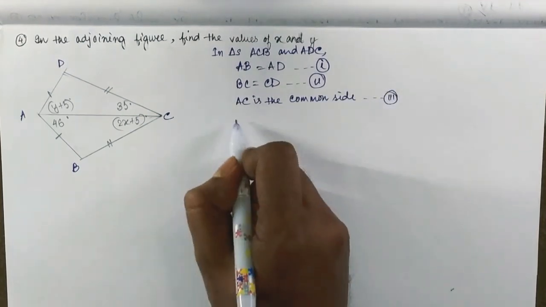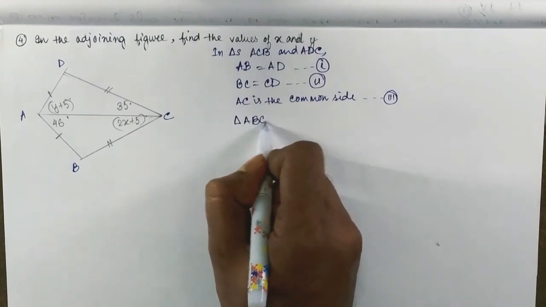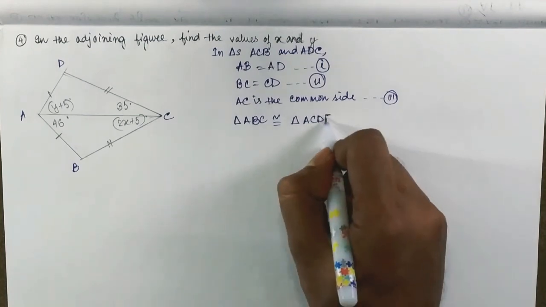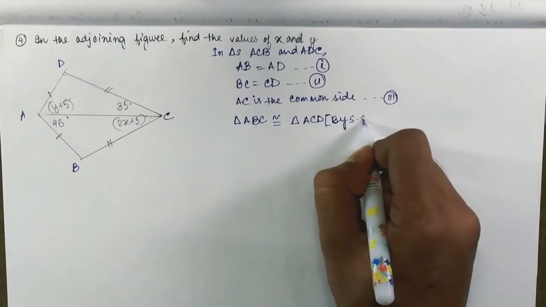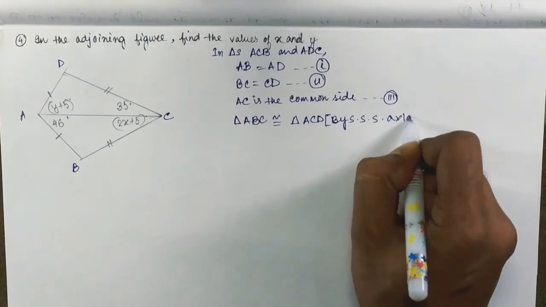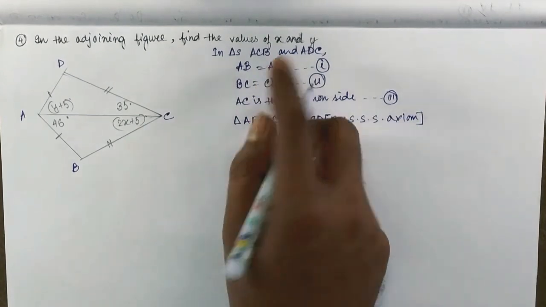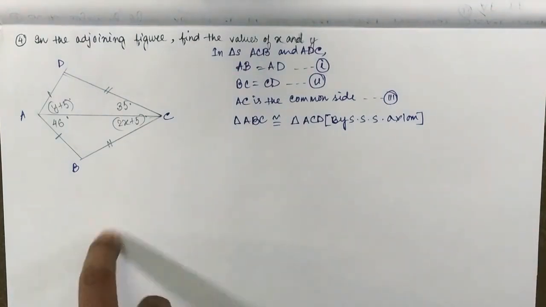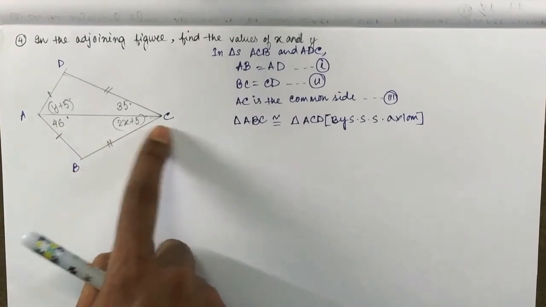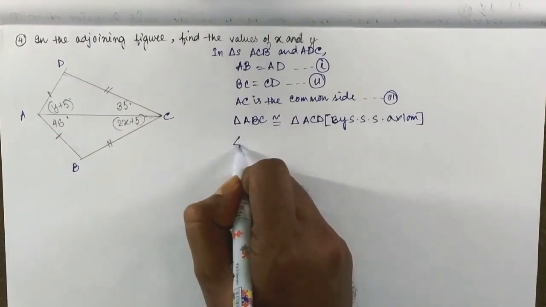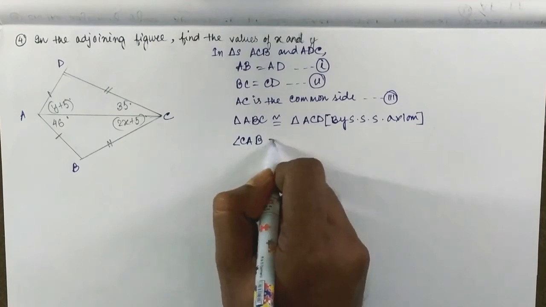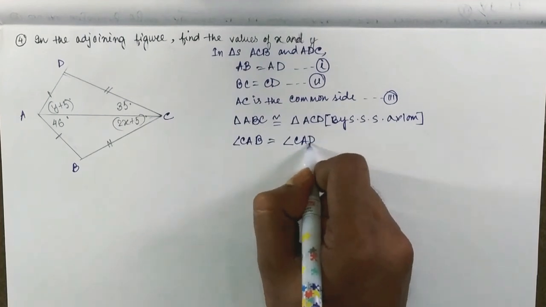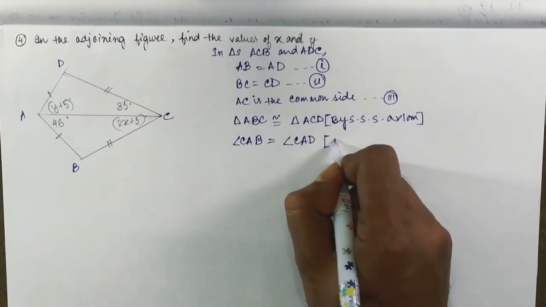So from here we can conclude that triangle ABC is congruent to triangle ACD by SSS axiom. Now see, when I am naming the triangles, you can tell it as ABC, ACB or BAC, anything that you like. So by SSS axiom. Now see, the angle 46 degree is located in this triangle. Now where is 46 degree located? CAB. And what is the corresponding angle in this triangle? That is CAD. Means they are located in the same position.